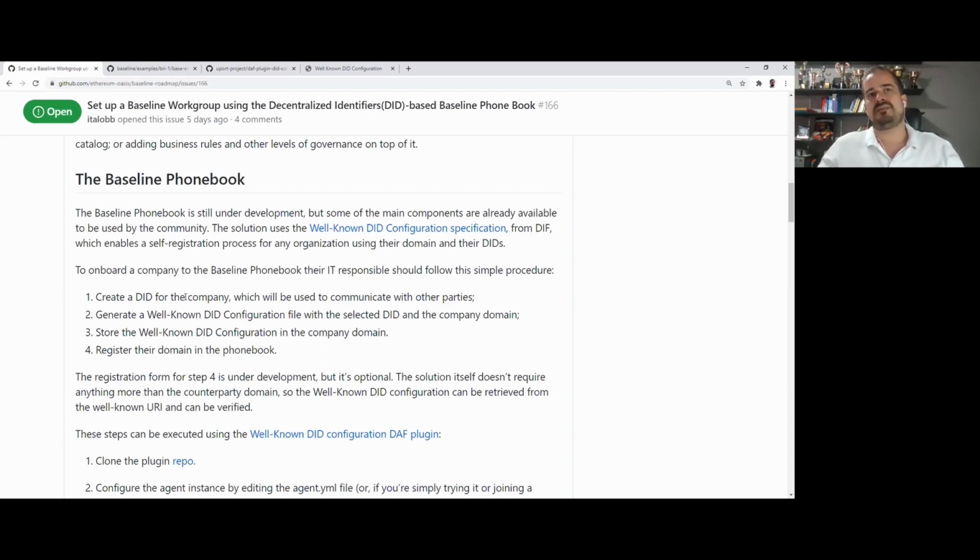This DID is trustable because all the information in this file will be signed by the same DID. And the same attributes that were stored previously in the org registry will be retrieved from this DID